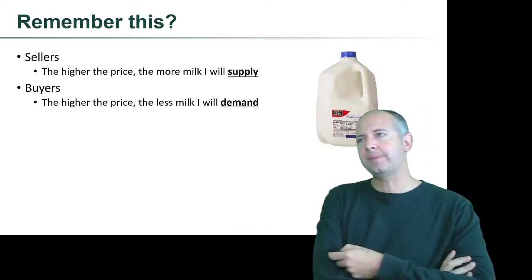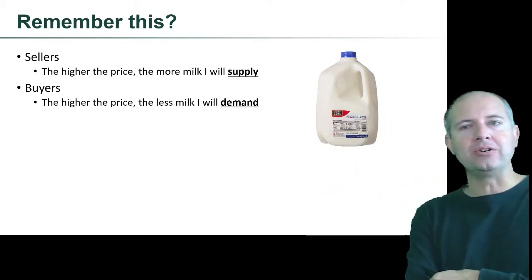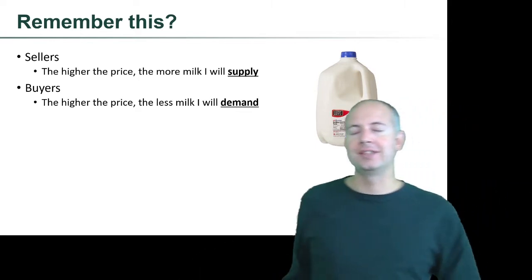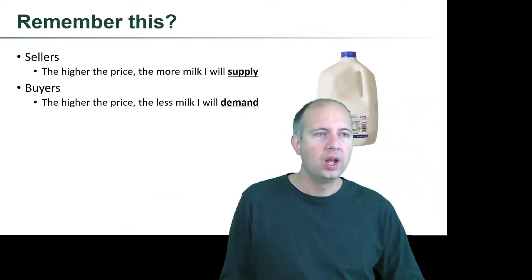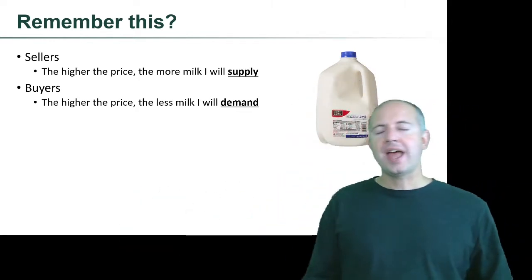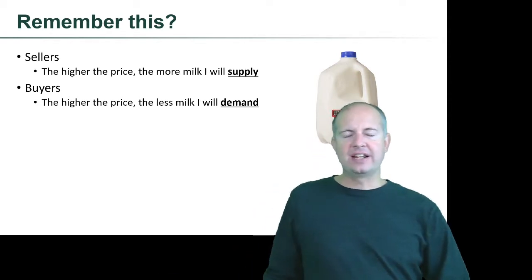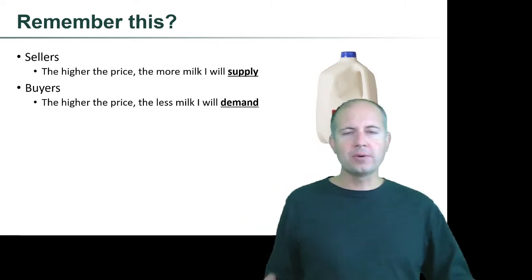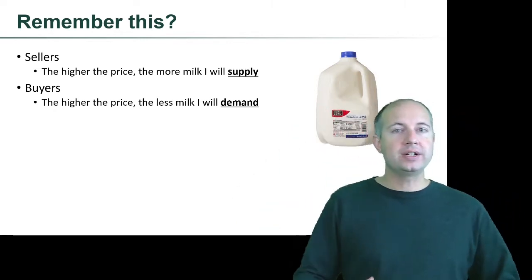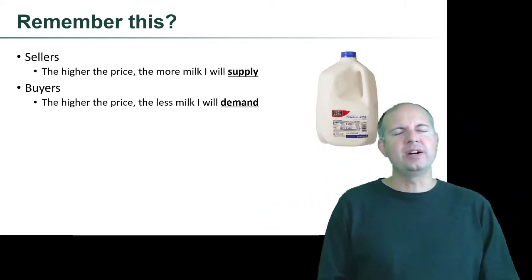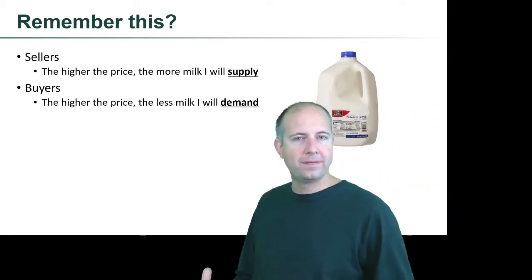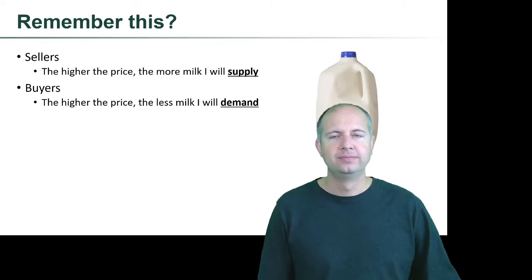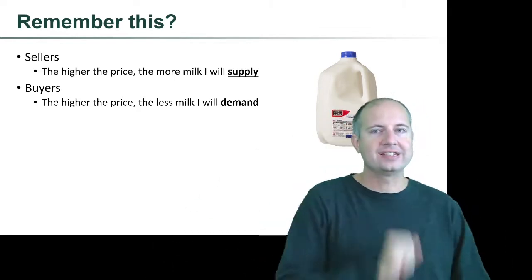We talked about how if I'm a seller of milk, the higher the price, the more milk I will supply. The price went up, so now I will start having dairy cows instead of cows for beef. I'll have cows instead of chickens, maybe. So for whatever reason, when the price of milk goes up, that's going to lead me to supply more milk. This is just the direct result of the fact that supply slopes up. Price goes up, quantity supplied goes up.